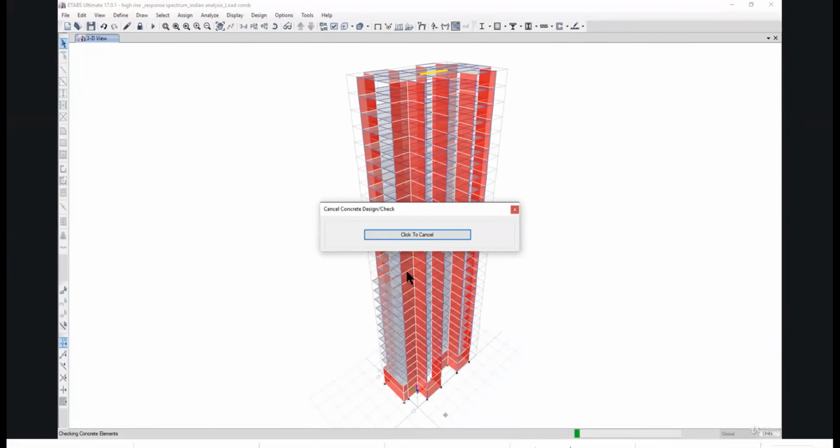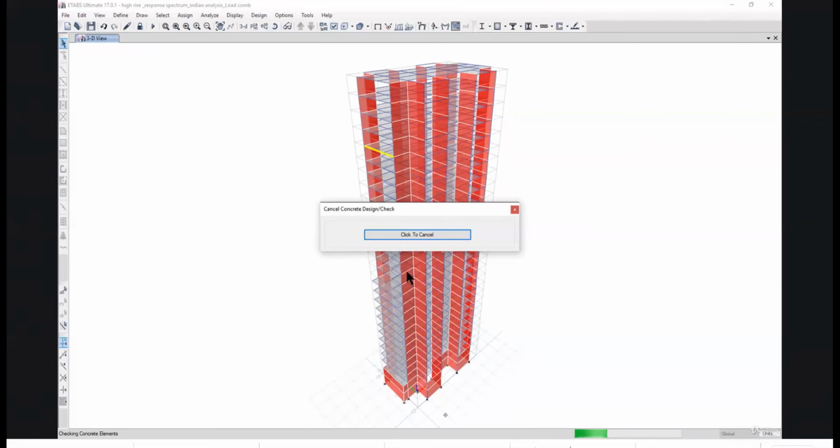You can notice that although we need to design columns only for those load combinations, the software is designing the whole structure for those load combinations. So what we need to do is design it in two different manners, that is from 101 to 137 and from 201 to 237 load combinations. From 101 to 137 for column design, and for 201 to 237 for beam design, and from 301 to 337